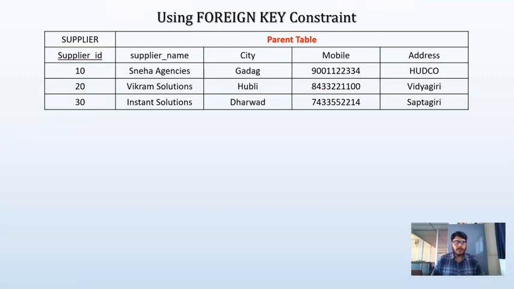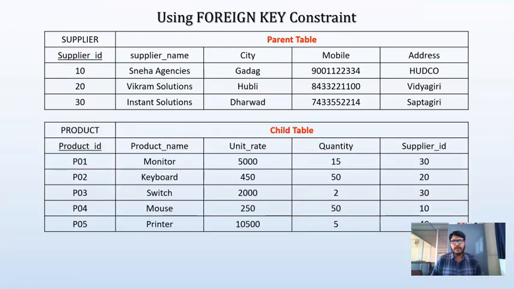So assume that we have created one more table called the product table. And there is a logical connectivity between the supplier and product tables. Assume that many suppliers supply products. So here the supplier is going to supply certain products for us. In this case, I need to identify which supplier has supplied certain products. That is very important.